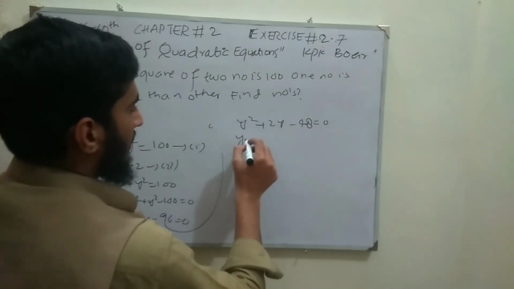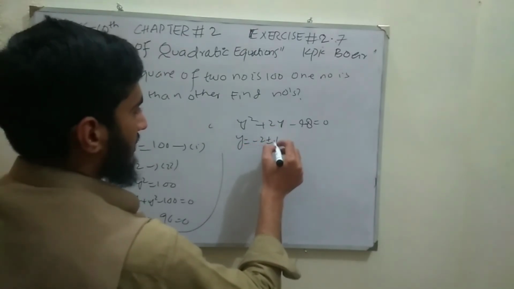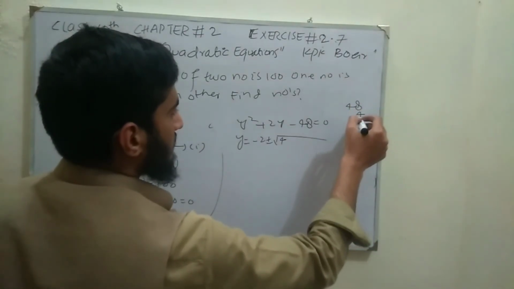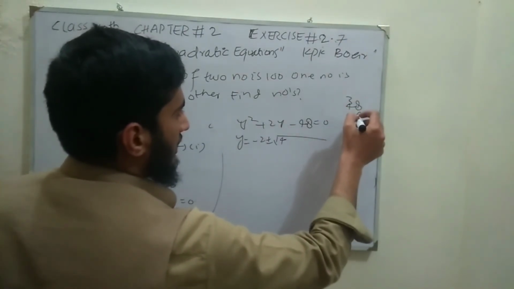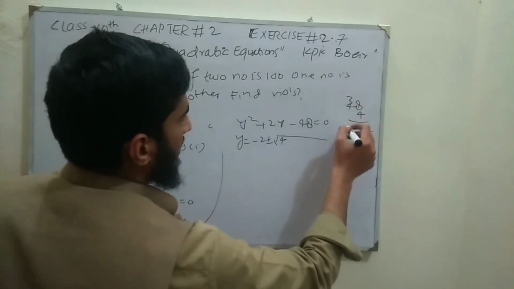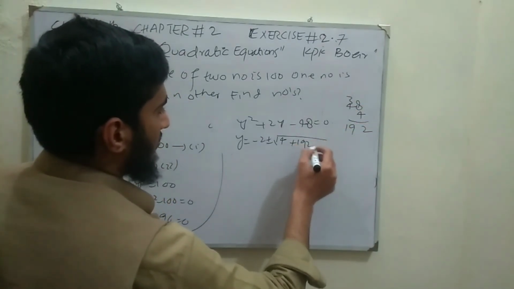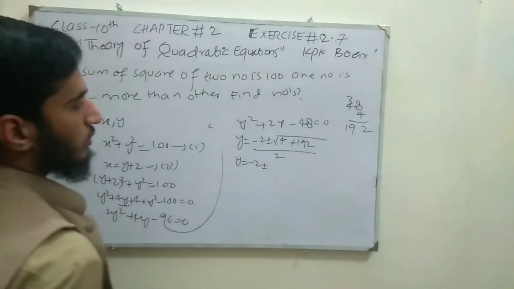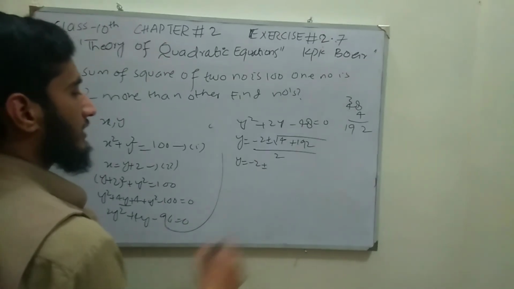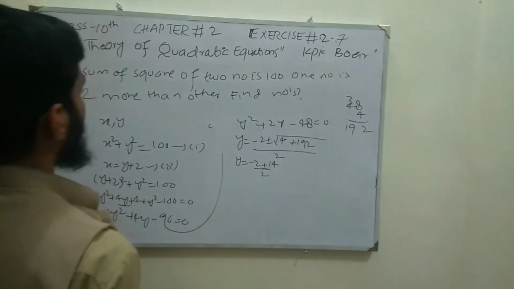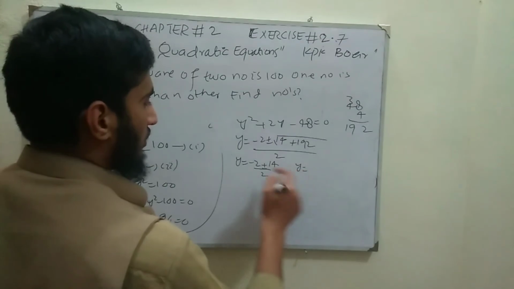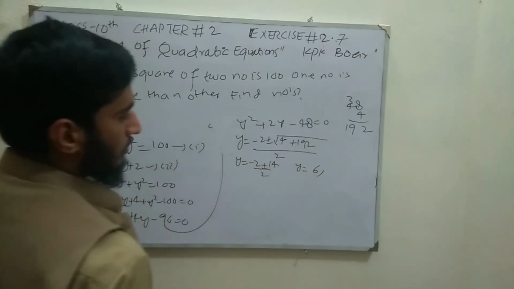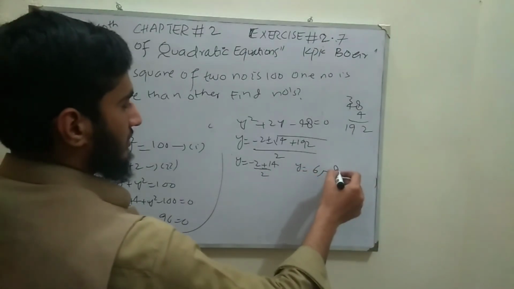Now using the quadratic formula, y is equal to minus b, which is 2, plus minus under root of b square, which gives us 4, minus 4 times 48. So 4 multiplied by 48 gives us 192. So plus 192, divided by 2 times a, where a is 1. So the value of y will be equal to minus 2 plus minus under root of 4 plus 192, which gives us 196, and the under root of 196 is 14, divided by 2a. So the value of y will be minus 2 plus 14, which gives us 12, and 12 over 2 gives us 6. And minus 2 minus 14 gives us minus 16, over 2 gives us minus 8.